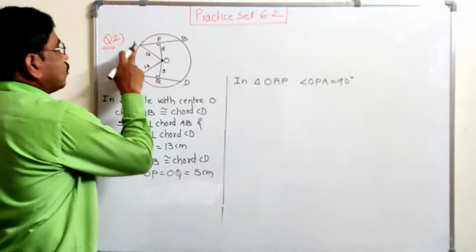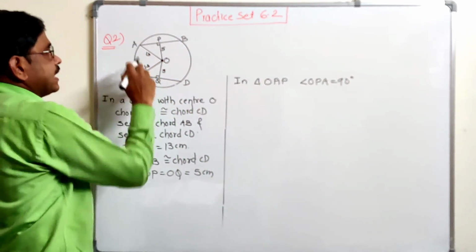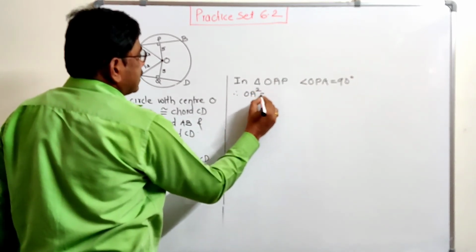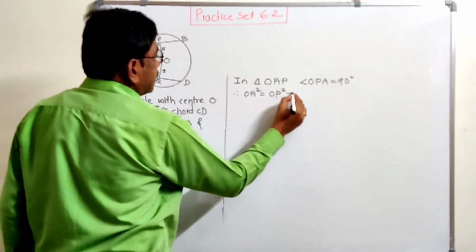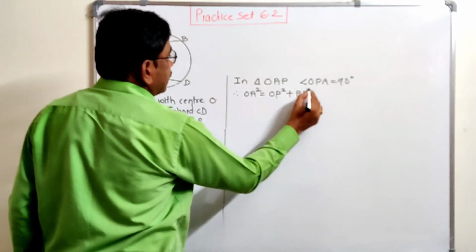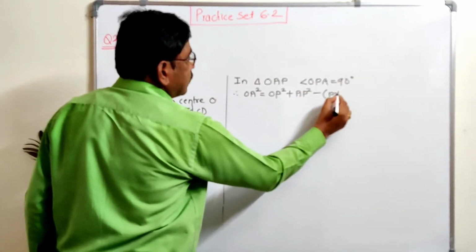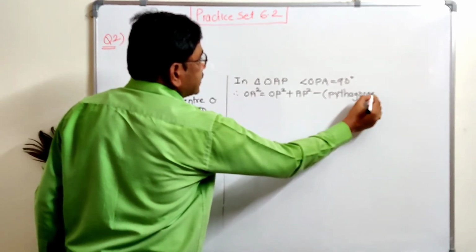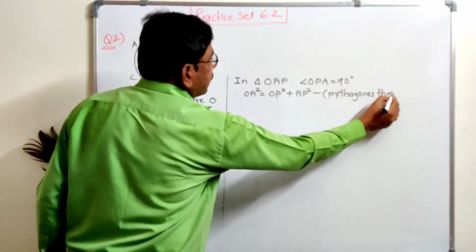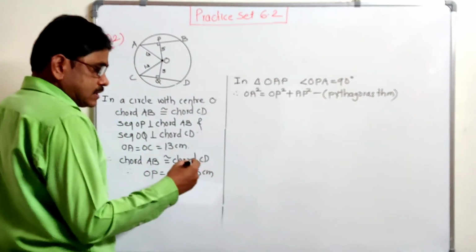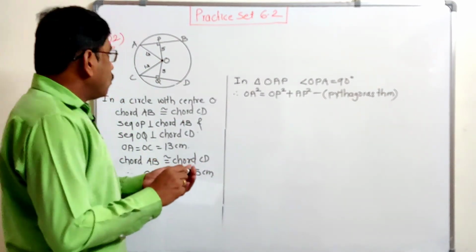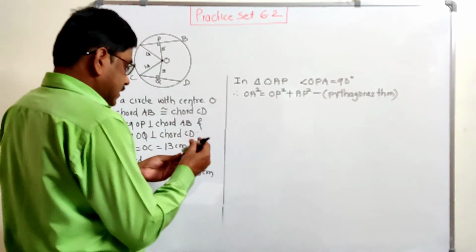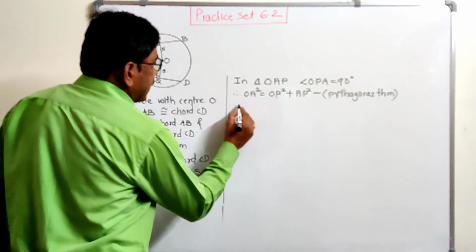In this triangle OAP, angle OPA is 90 degree, therefore by Pythagoras OA square is equal to OP square plus AP square. This is the Pythagoras theorem. So reason written: Pythagoras theorem. Write the reason. Now substitute the value. Keep substituting the values. OA, that means radius of that circle. This is given 13. So 13 square